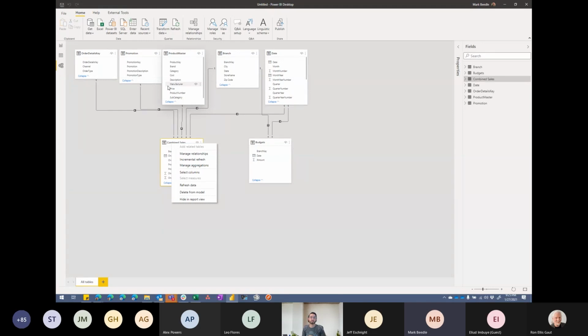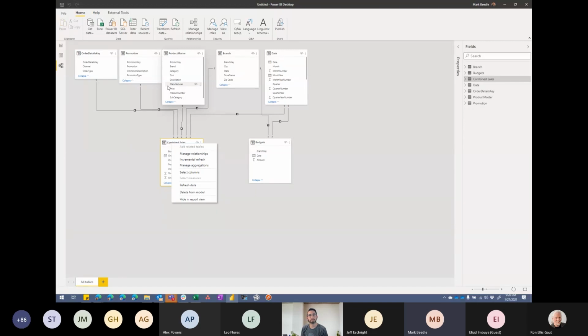I like to call my lookup tables just what they are, right? So if I was really building this model out, I would say branch or branches, product or products. I usually call my date table a calendar table. I really just try to keep my table names descriptive of what they are.